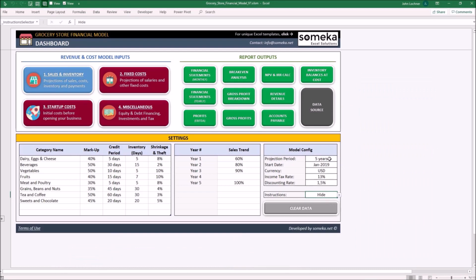Once you choose your projection period, the years and trends will be automatically set according to your choice. So, let's say, for 10 years. Determine your sales trend for each year. If you don't have any sales trend presumptions, you can delete these, and the template will set the sales trend as 100%. So, for this example, let's make the projection period 5, and